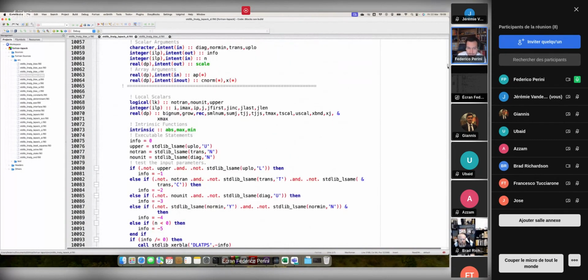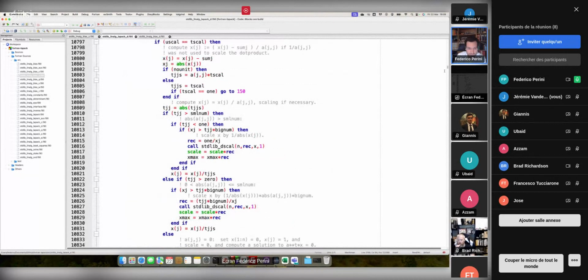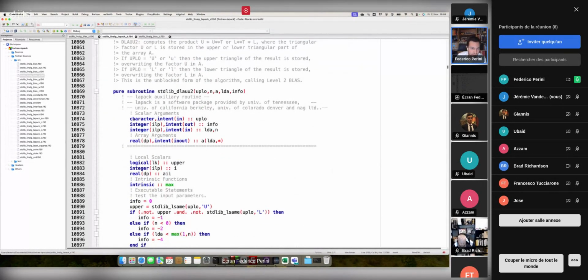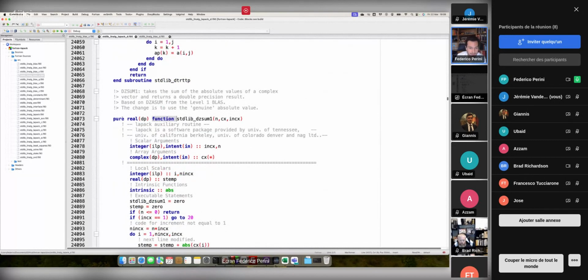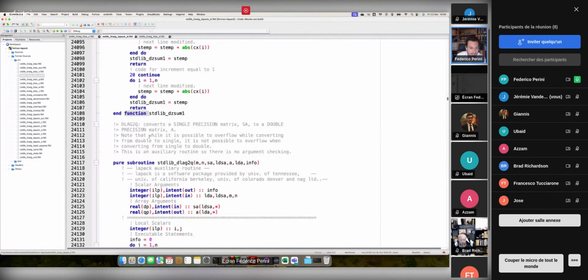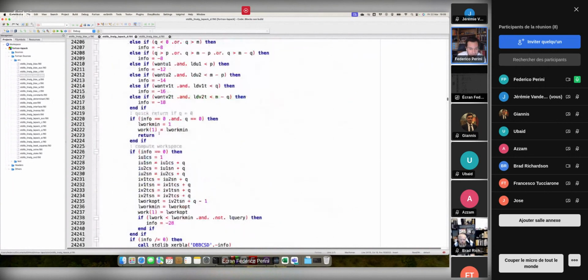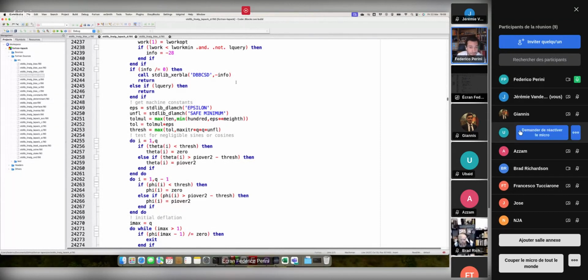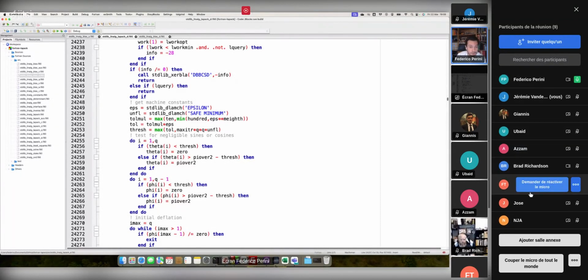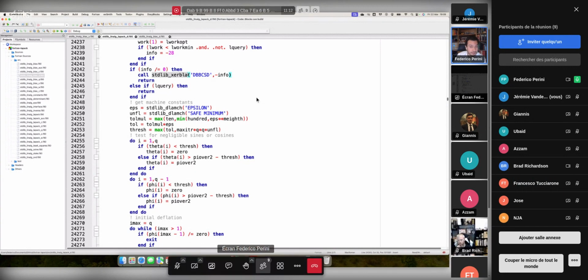I could not make elemental ones because most of them have basically array parameters. So I didn't even spend time to try to make them elemental, but all of them are basically pure. And in order to ensure that, the biggest change that I had to introduce in the repository was the error handling,